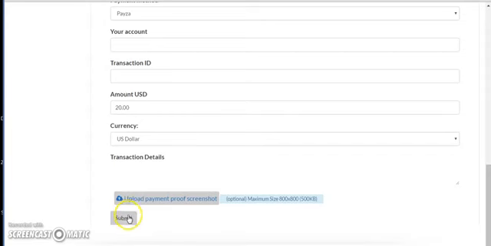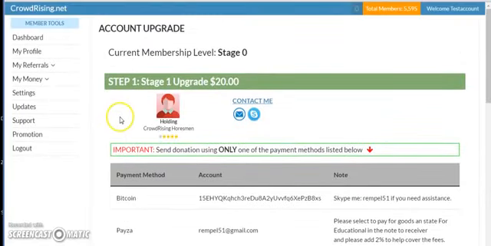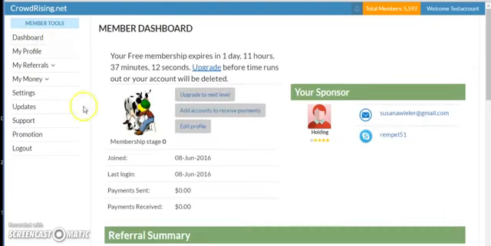Just fill in this form, click submit, and then what will happen is once you have entered the accurate details, the system will place an alert in the upline's account. There will be a flashing button right here. This bell is going to flash and make a sound when a member logs in and there is a pending donation, and there will be a flashing button right about in this area on the dashboard page. Let me go back to the dashboard. In this area, there will be a flashing button alerting the member that there is a pending donation. They click on it, they confirm it, and then your account has been upgraded to whatever stage you stepped up